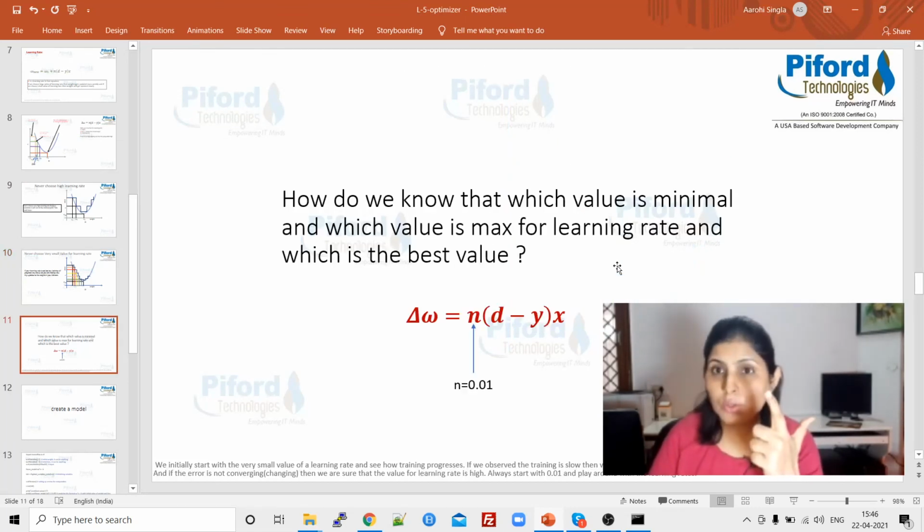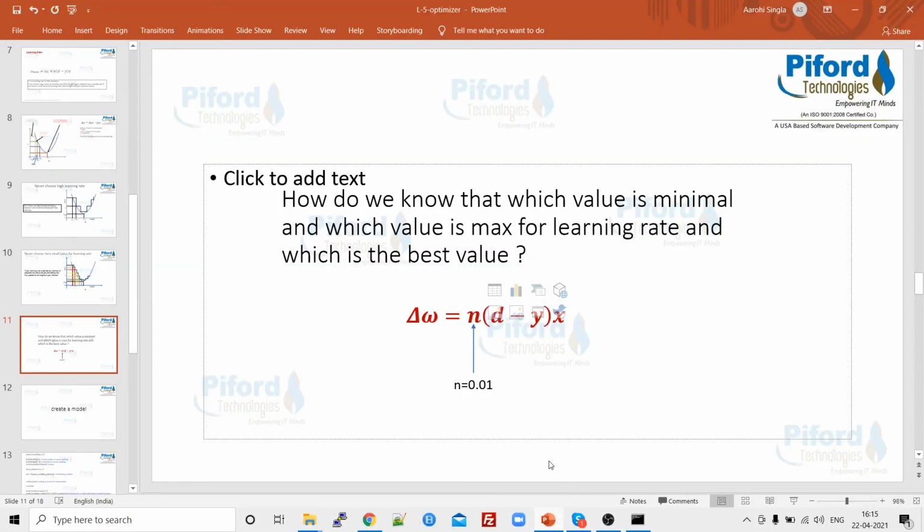So how to choose the right value of learning rate? See, guys, for that, always start with a very small value, like 0.01 or 0.001. Start with a very small value and observe your training progress, how your model progresses, like how much time it is taking and what error you are getting.